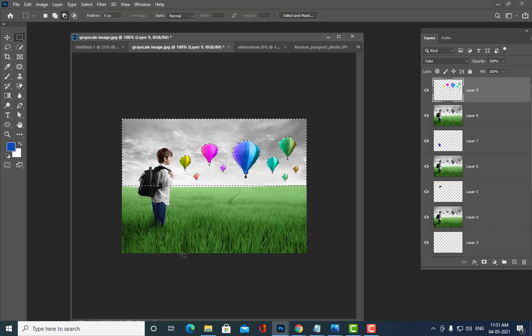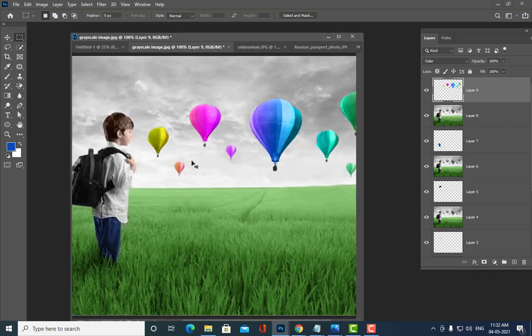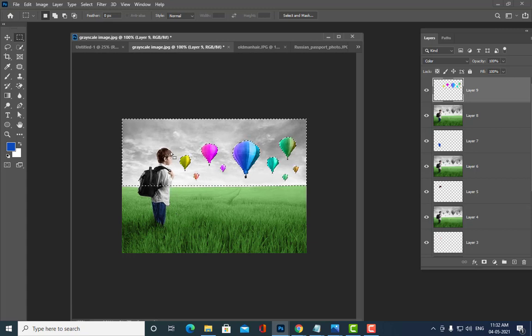See, now only this part is selected now, but still this boy is covering some portion of the sky. So what we have to do, so we have to subtract the boy also from this selection. So how we can subtract? So we will take a polygon lasso tool, we will hold Alt on the keyboard. Okay, so we'll hold Alt on the keyboard, and then we'll just simply draw a selection. It's okay if it is rough. Okay, you don't have to be completely perfect.